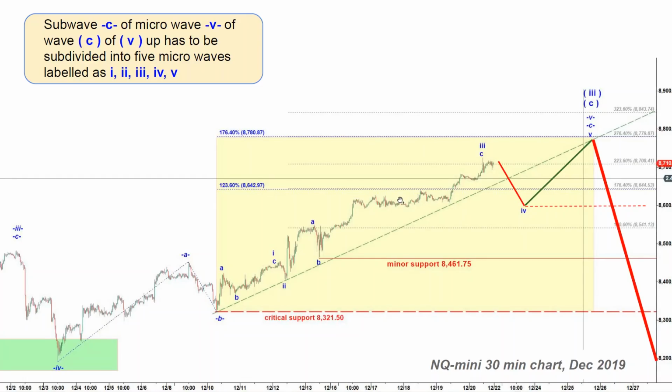In many cases, in the majority of cases, wave 4 should retrace at least 23.6% of the preceding rally in wave 3. For example, if we measure the length covered by wave 3, microwave 3, from here, from the top of wave 2 down, up to here, let's say this is the top of wave 3 or right here, that would be all of wave 4. You cannot count it as wave 4 in a normal situation.